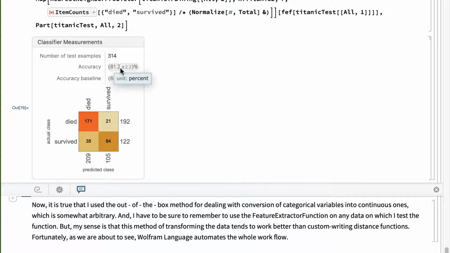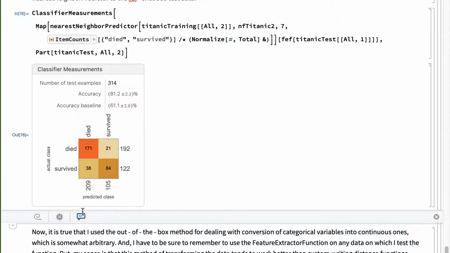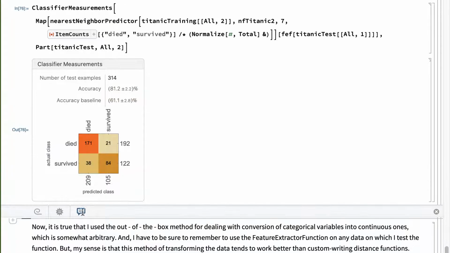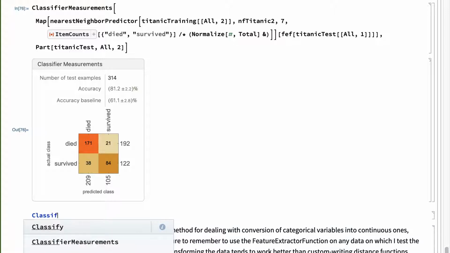Pretty well, 81.2% accuracy relative to a baseline guess of 61.1% if we just guessed everybody dies, like they do on House episodes. All right, so I did pretty darn well. We could compare that, and I'm not sure what happened to that little piece of code, but let's compare it to what the